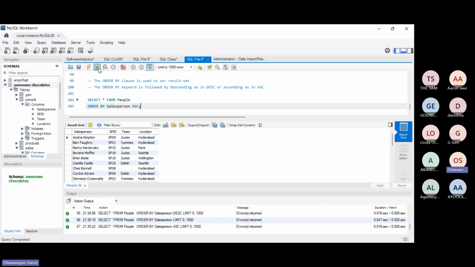And to note that, if it is a database that you are not familiar with, you may not have the right spelling in your head. That's why it's always important to use this schema pane to see how things are arranged. All right, so that is how to sort in